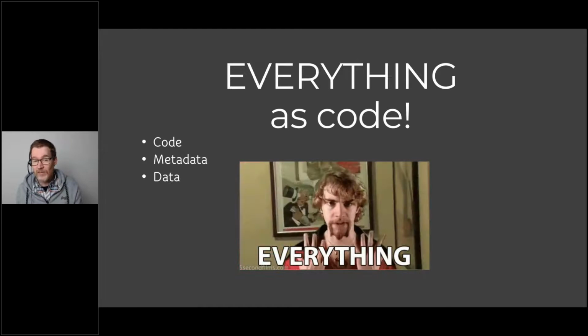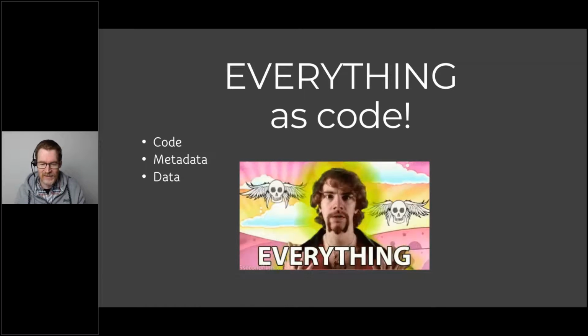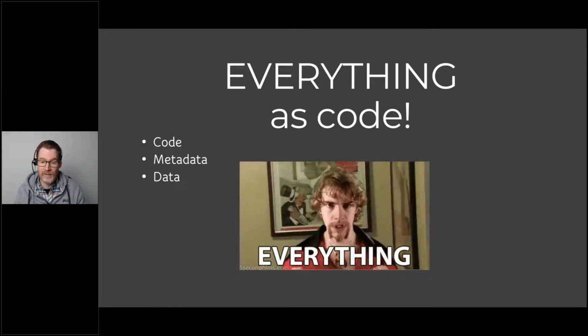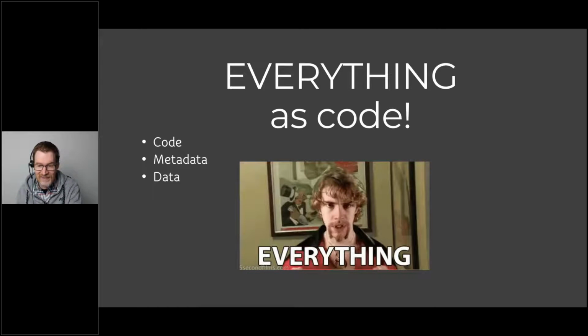So data as well, actually. I want to see if I've got some configuration data that's part of my deployment. I want to see that data as a before and after, everything as text. So your data wants to be in source control, and you see, okay, this is what my configuration data was, and now I've fixed an issue or added a new feature that requires a little bit extra data, and I can see that clearly